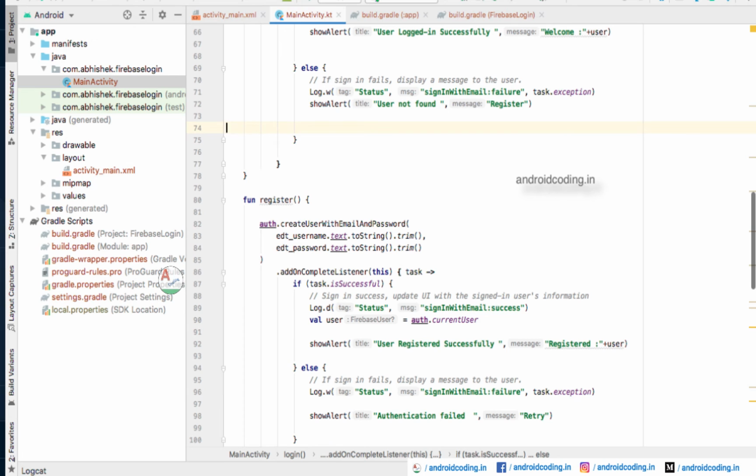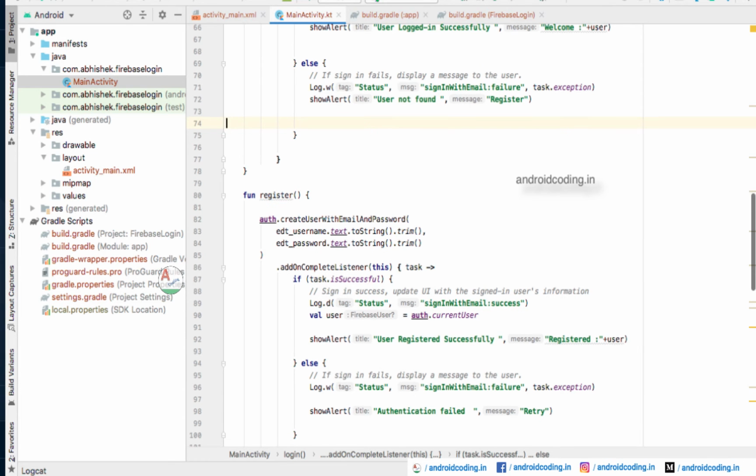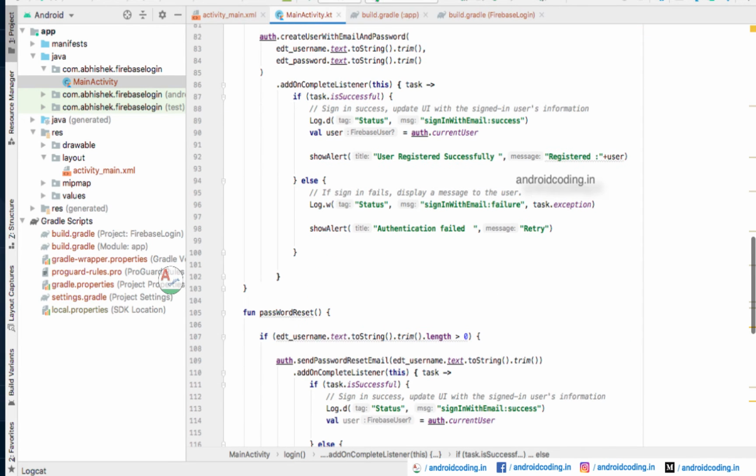And first of all, you need to go through register, because you don't have any particular database currently, so you need to make a registration of your user credentials. So here in this state, register, same thing, in place of sign in, you need to make use of create user with email id and password, and the same, you will be having a complete listener. So here you may change your block according to your requirements. I have shown some small alert screen.